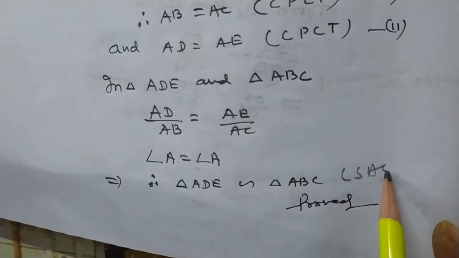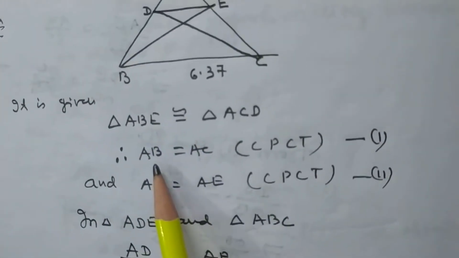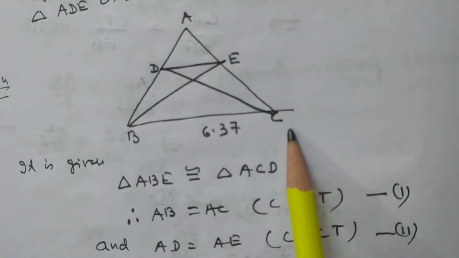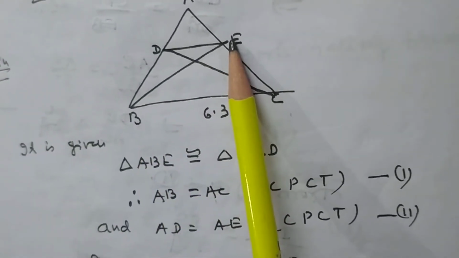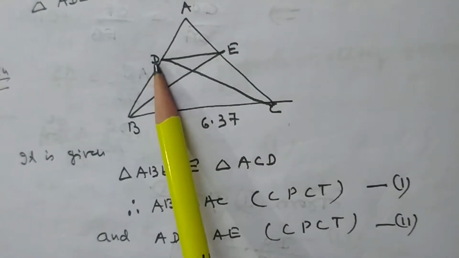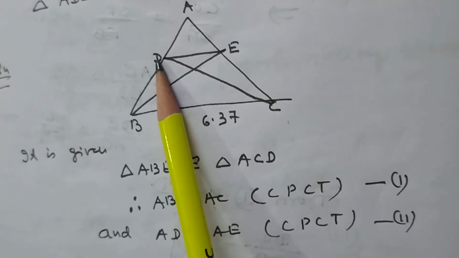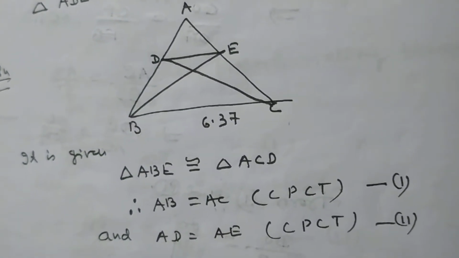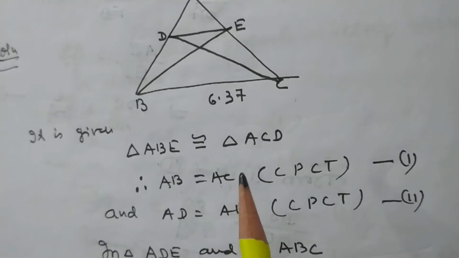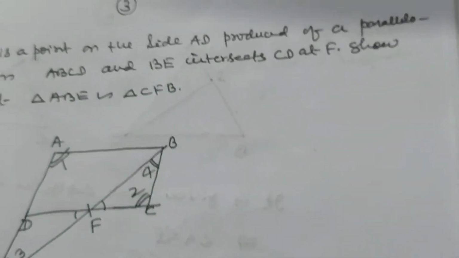By SAS condition. My dear student, AB is equal to AC. Triangle ABE is similar to ACD. So by CPCT, AB is equal to AC and AD is equal to AE. It is clear. So now my dear student, in this way we can solve problem number 5 and problem number 6. Now we want to solve problem number